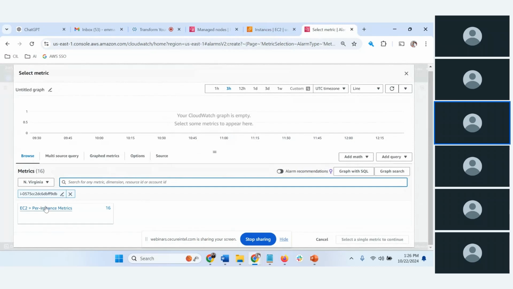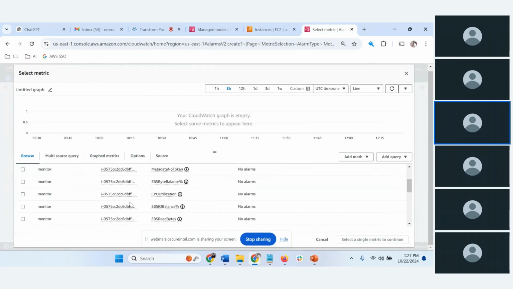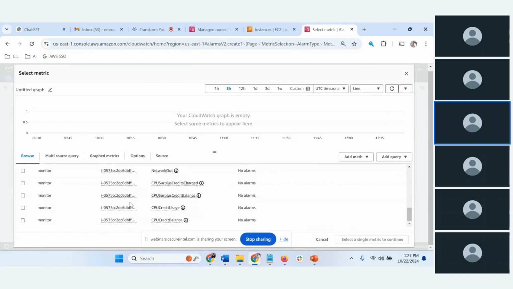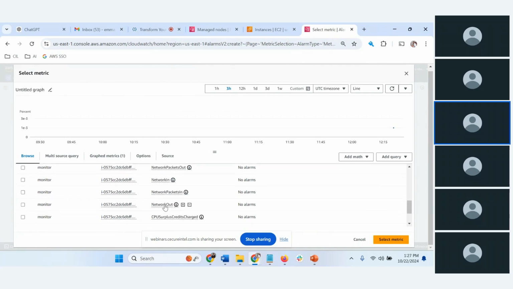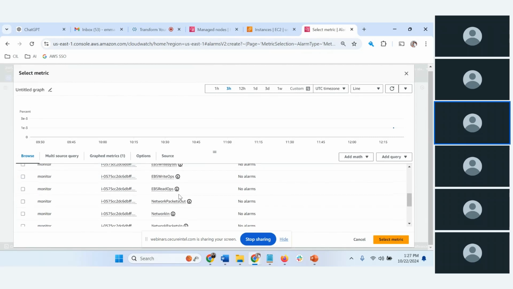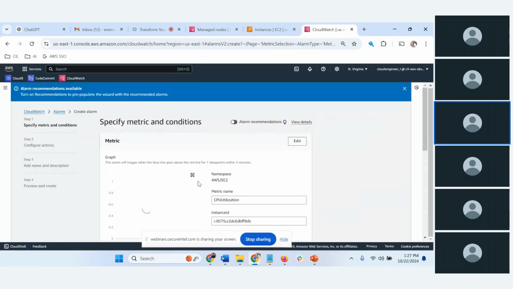All right, so we see the metrics we have. So there are different metrics that you get if you launch an instance, but the one we are interested in is the CPU utilization, right? So we are going to select that. So we are selecting CPU utilization. We have other metrics, EBS, networking in and out, and other stuff, but we are interested in CPU utilization, so we are going to select that metric,